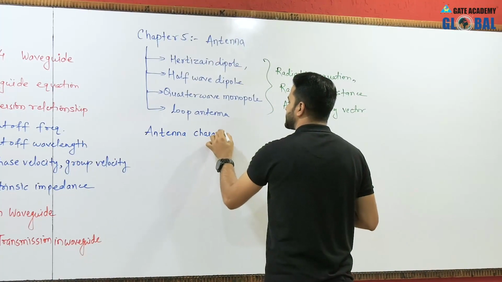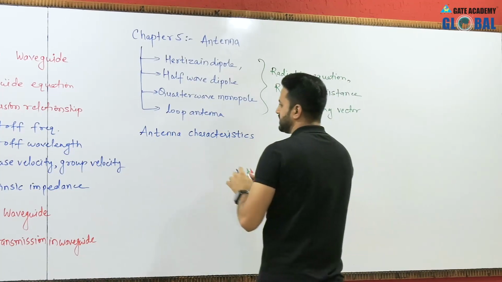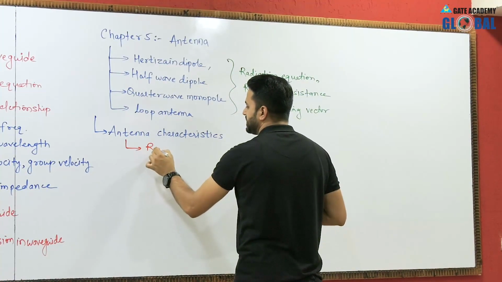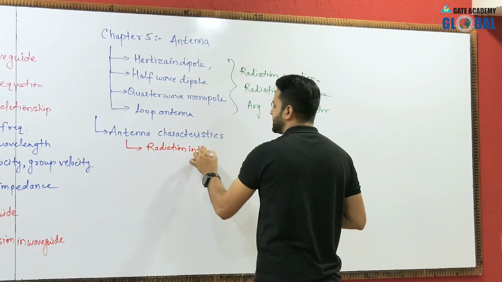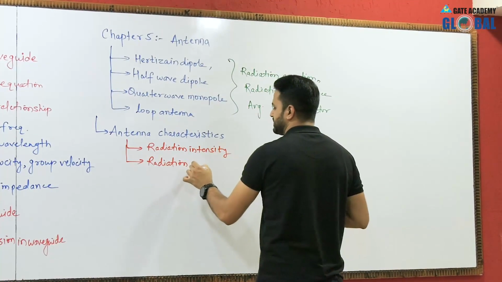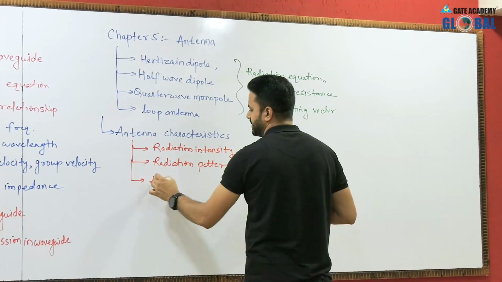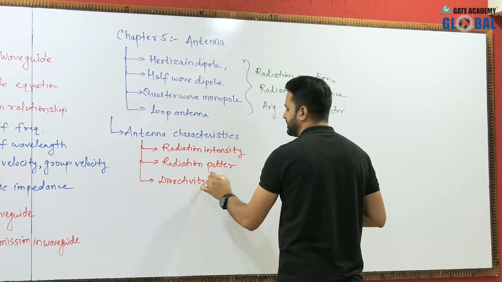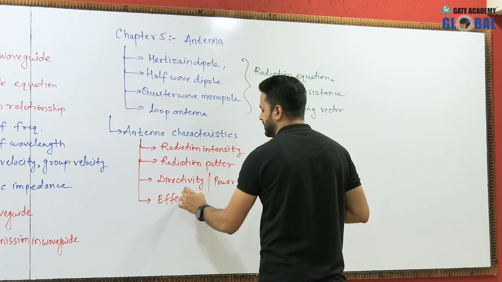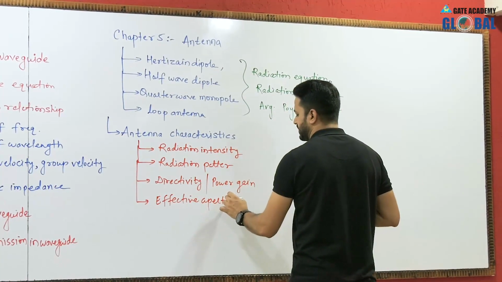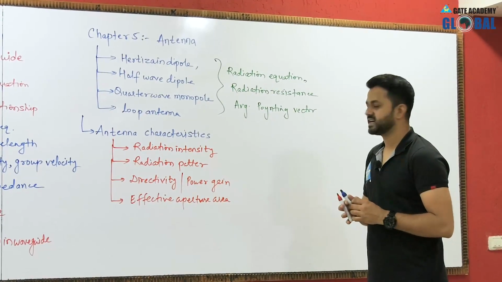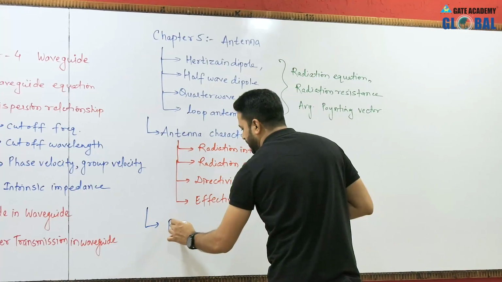The next topic is antenna characteristics. So in this topic we have to cover about the radiation intensity, radiation pattern or antenna pattern, directivity and power gain, effective aperture area, etc. There will be more topics in this. So these are the different characteristics of antenna, and after this we will study about the polarization loss factor,